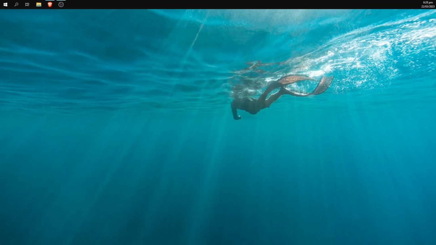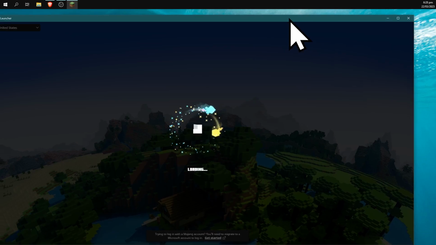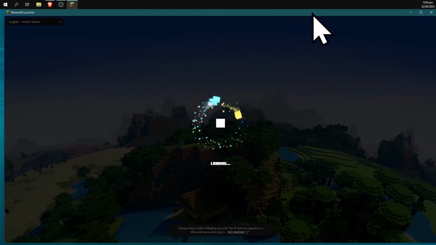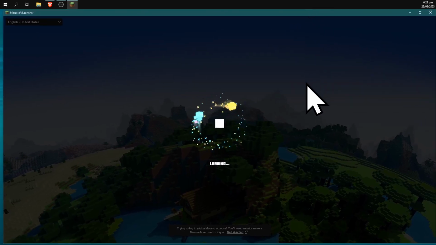If it doesn't work the first time, it may be because you need to run the game in the version 1.19.4 at least once before you do this. But then you're just going to go ahead and open up Minecraft. So just double click on your Minecraft,